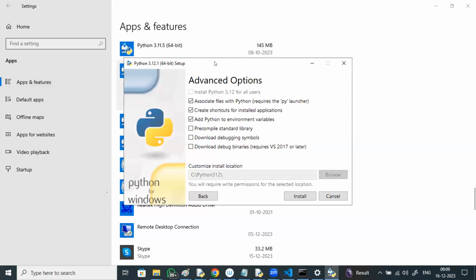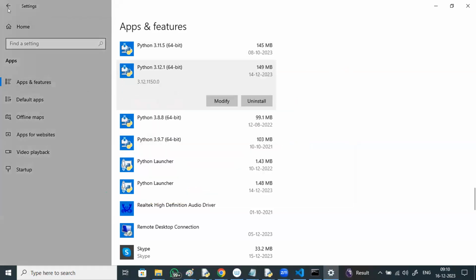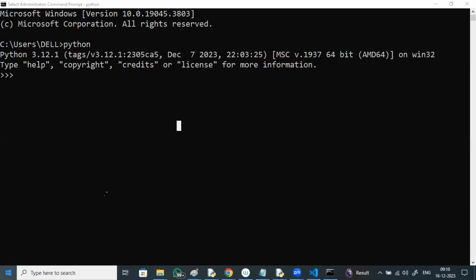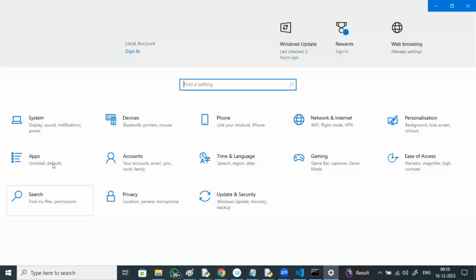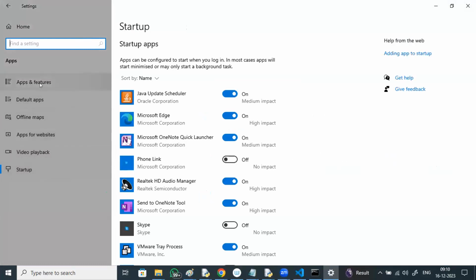Shashikumar, please select installed apps in your laptop. More Windows features, installed apps in settings. In settings, apps will be there, and in that, apps and features.